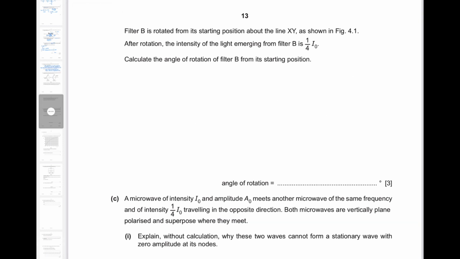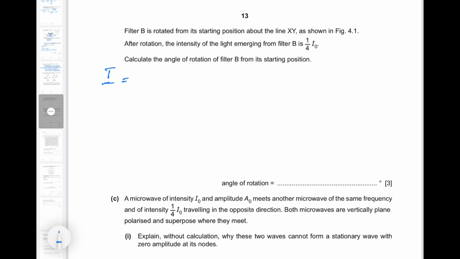Filter B is rotated from its starting position about the line xy as shown in figure 4.1. After the rotation, the intensity of light emerging from filter B is a quarter of the intensity which was incident on it. Calculate the angle of rotation of filter B from its starting position. So polarizer B will reduce the intensity of incident light, and using Malus's law, we can use the formula